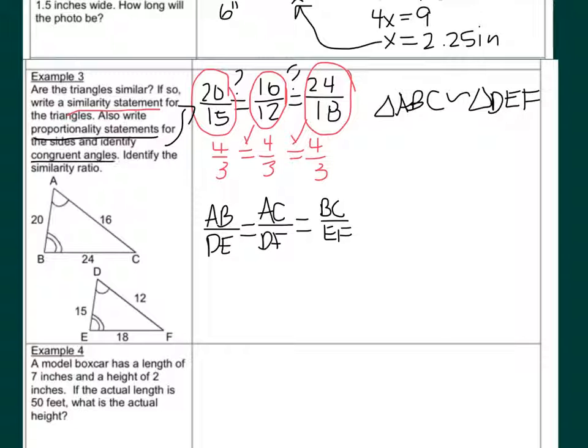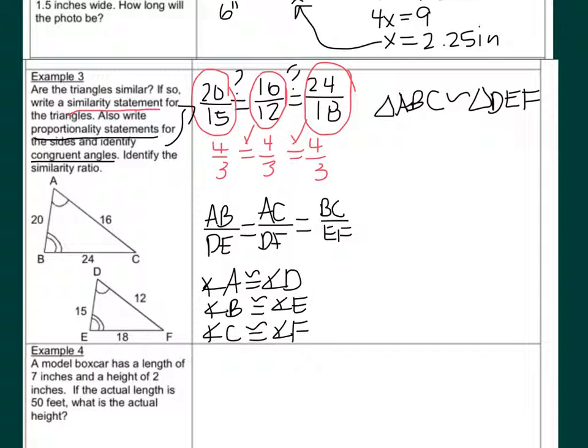Then they want me to identify the congruent angles. Angle A must be congruent to angle D. Angle B must be congruent to angle E. And angle C must be congruent to angle F. Those are our corresponding angles. And as we know, if two triangles are similar, they have congruent angles and proportional sides, as we showed right there. The last thing they ask us to do is to identify a similarity ratio, or they're asking, what's